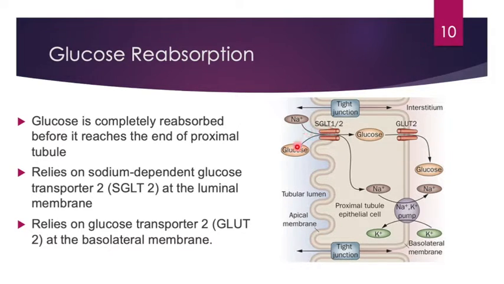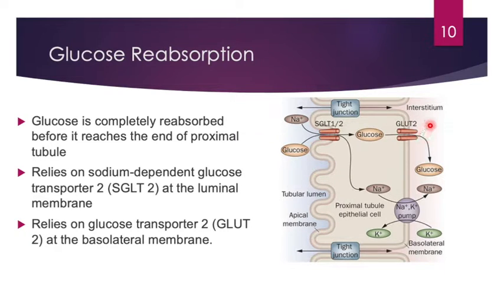So here, glucose is transported from the lumen into the cells via SGLT. This process is secondary active transport. The energy for this transport comes from sodium-potassium ATPase pump. At the peritubular or basolateral membrane, glucose is transported from the cell into the capillary blood by facilitated diffusion by protein carriers, glucose transporter 2,